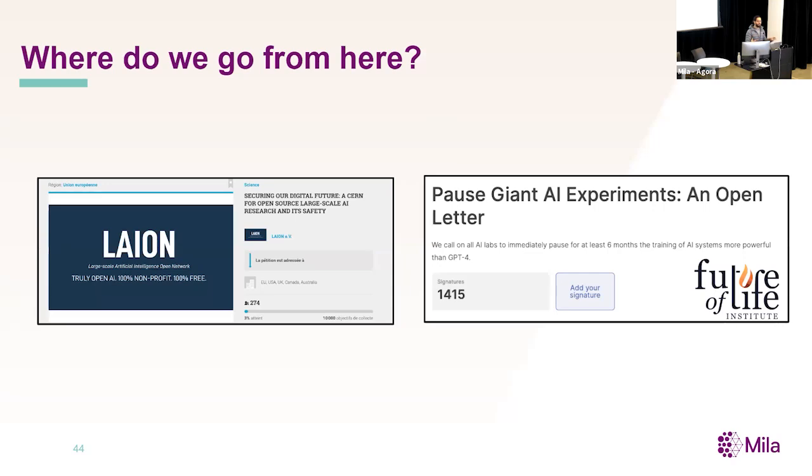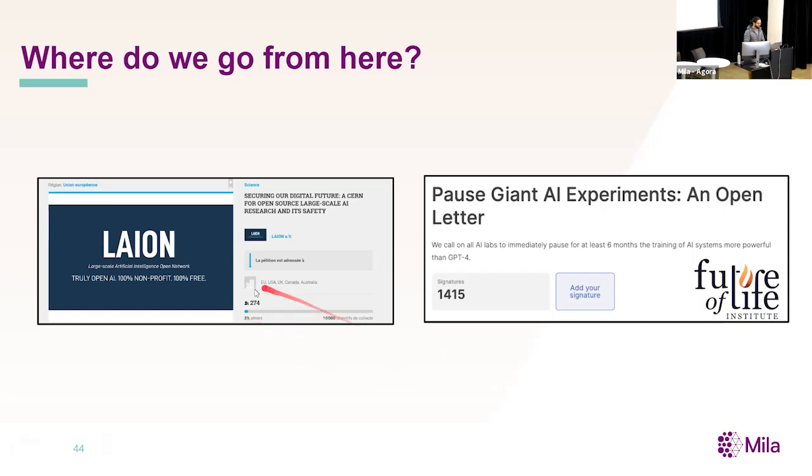And there's been a lot of buzz in the press lately. Even just recently, there's been a petition signed by a lot of prominent researchers, including Professor Bengio himself. This asks to pause giant AI experiments, saying essentially all these big companies need to take a 6-month moratorium and stop training all these models. They're getting more and more dangerous. It's only a matter of time before we reach AGI, and then it's too late. What do we do? A more urgent call to action.